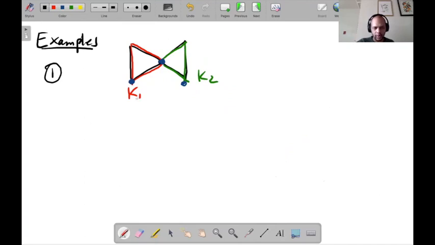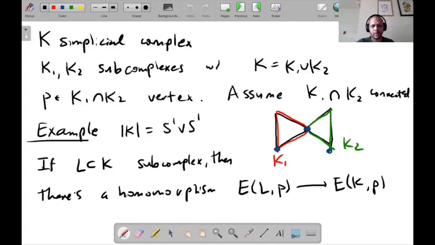So the first is this one. So here we have, well, here's K1 and K2. The intersection of K1 and K2 is just the point P, the base point. And right, so the edge group here is trivial. And so there's no quotient because,